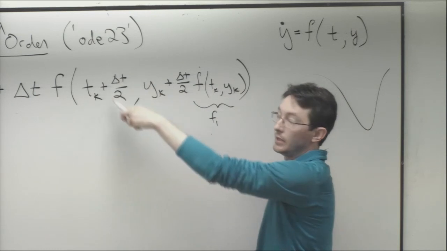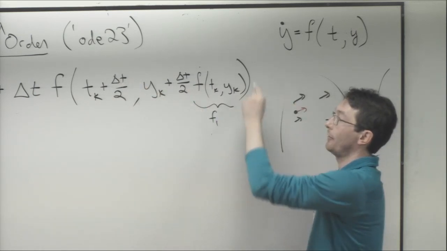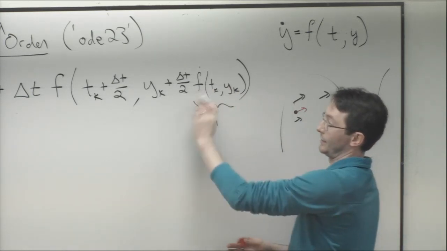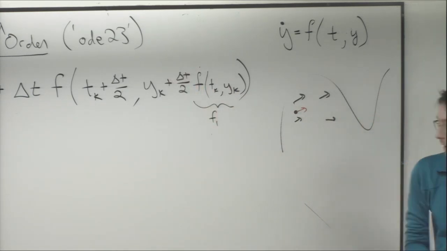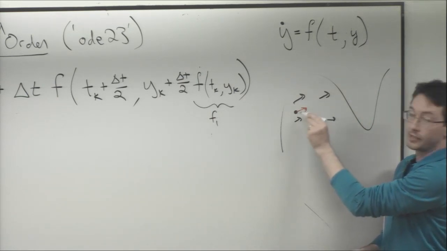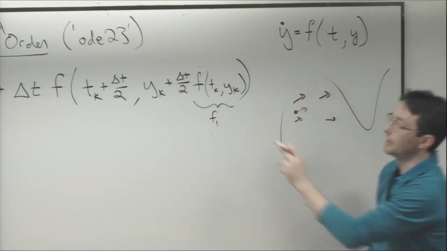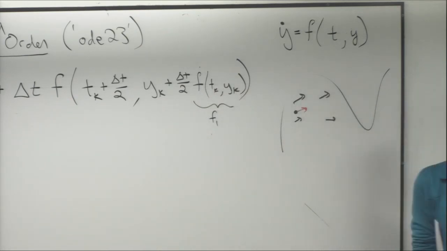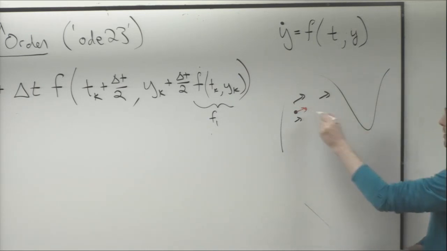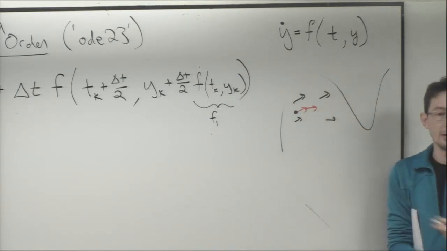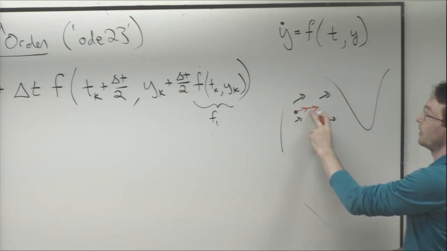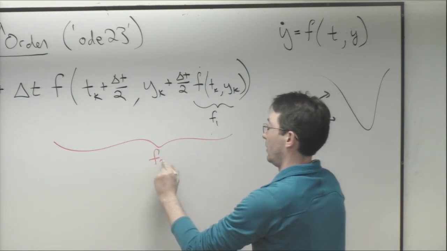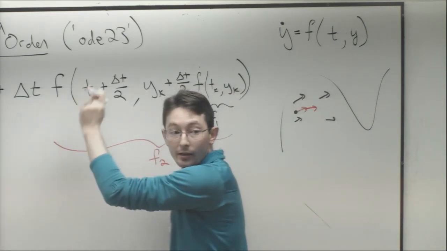Okay? So then what I do is I take a little half forward Euler step. So I move half a dt forward in time, and I move a half forward Euler step forward in space. So not a full Euler step, but this is a half Euler step, right? Delta t over 2. So I move this little half Euler step forward in time, and then I see, what does my vector field look like there? What's the vector pointing if I took a half Euler step forward in time? Well, here, my vector might be pointing a slightly different direction. And now I'm going to use that new vector direction, which I'm going to call F2, and I'm going to take a full Euler step in that direction.